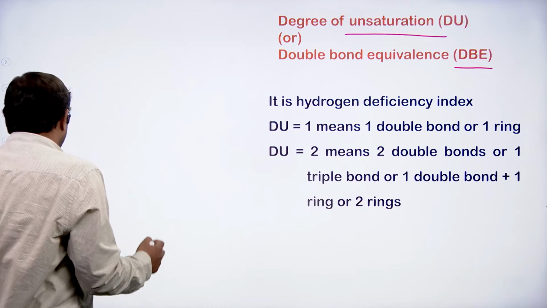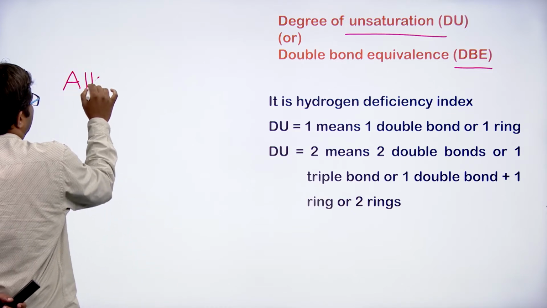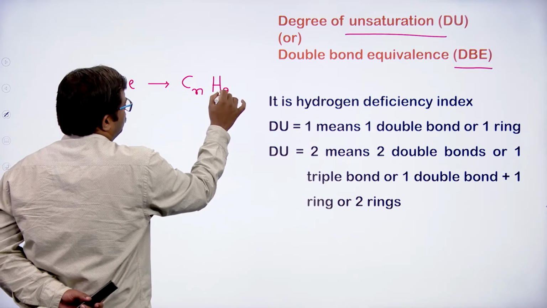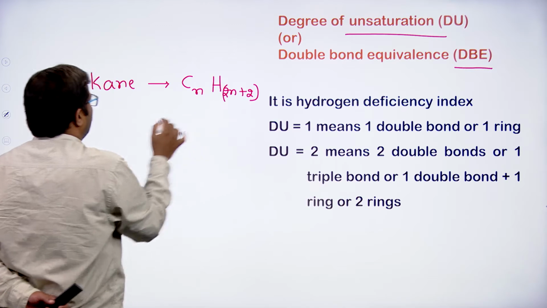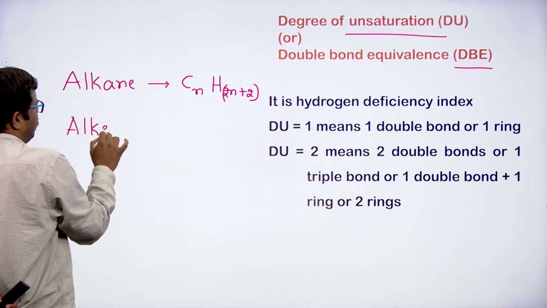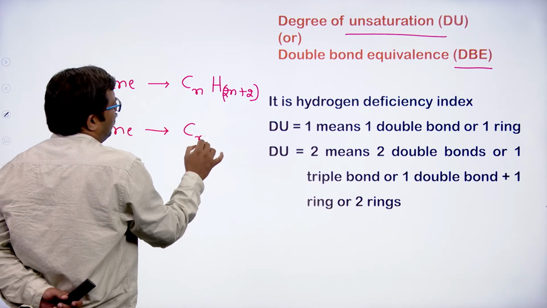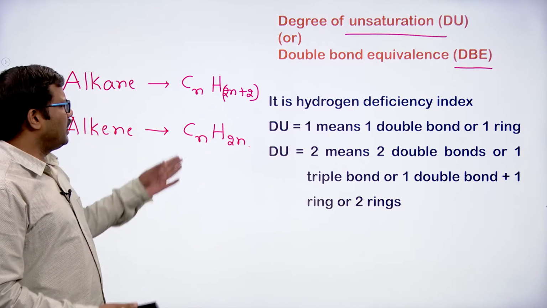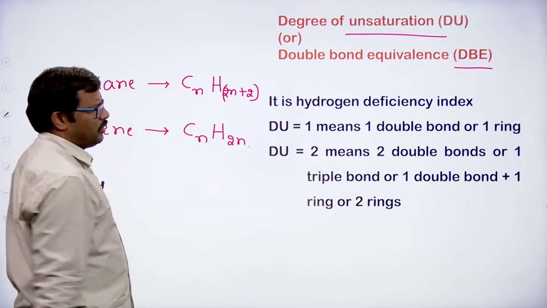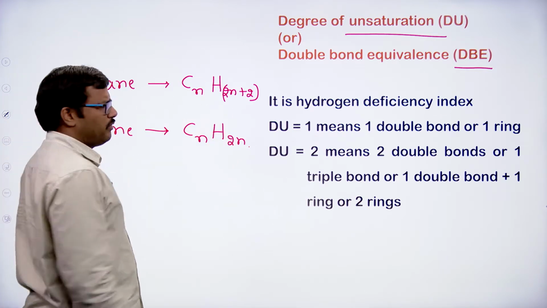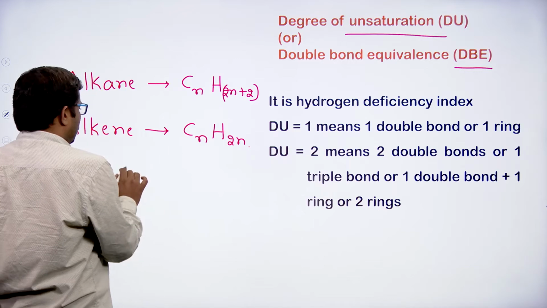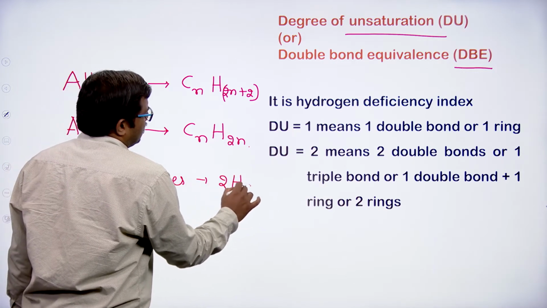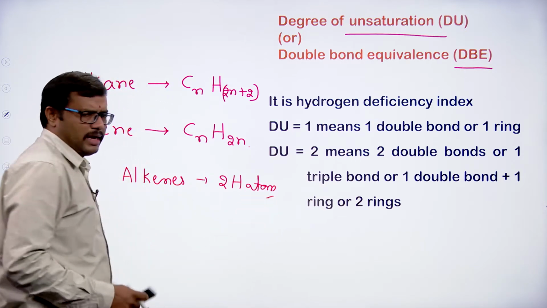As you know, in the case of alkanes, the general molecular formula is CnH2n+2. Whereas for alkenes, as we discussed in the beginning of this chapter, the molecular formula is CnH2n. When you observe the number of carbon atoms as n, and then the number of hydrogen atoms, alkenes have 2 hydrogen atoms less than the parent alkanes.